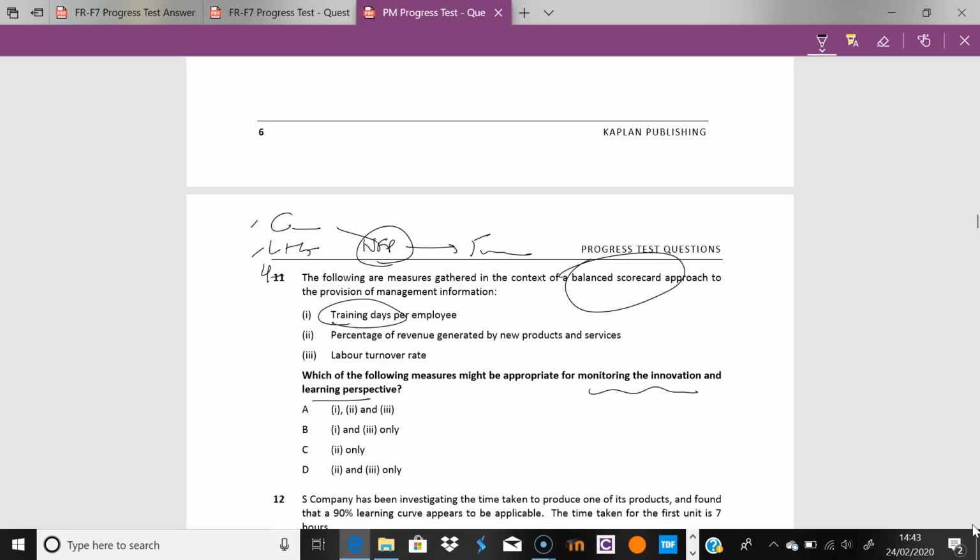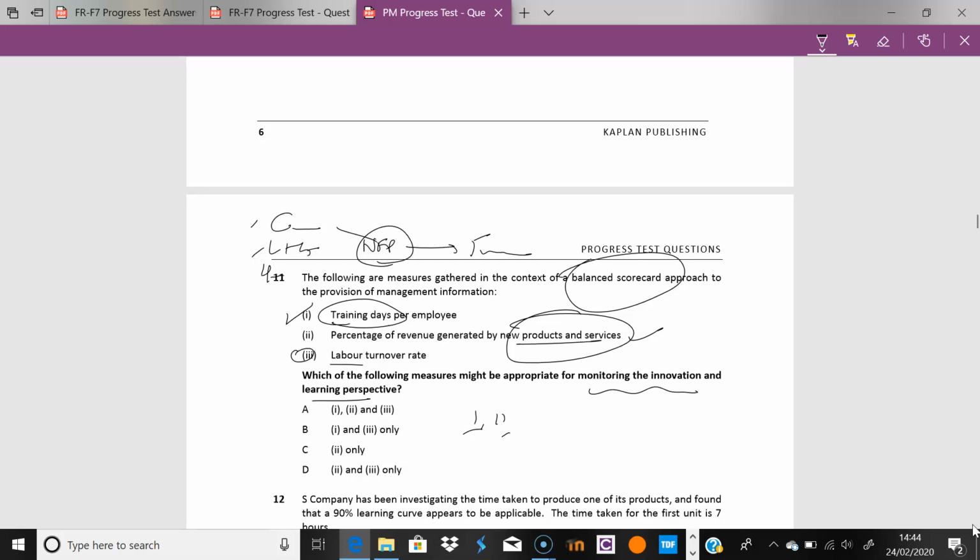And training, of course, 100% will be looking, the more your staff are trained, of course. And revenue generated, tough to measure, but percentage of revenue generated by new products and services, definitely. And I mean, this is so 1 and 2. I almost went for a process of elimination. There is no 1 and 2 on its own. 3, I was slightly suspicious, but then